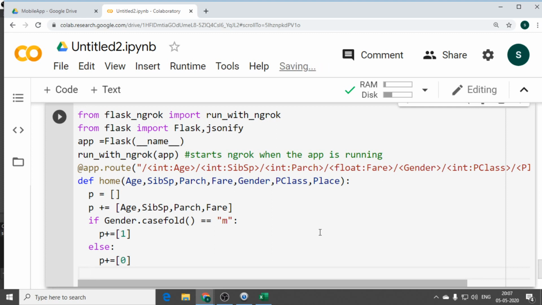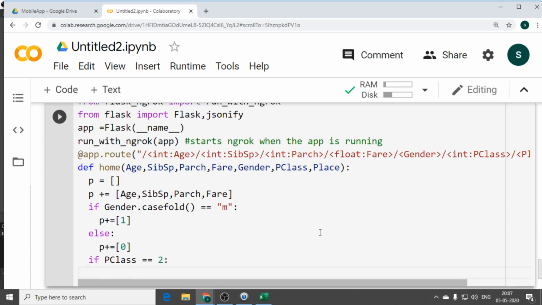If you follow clearly, you will understand, no issues with that. So this is the condition for giving gender. What do I write next? I write the next condition for passenger class. I can provide the same thing in the chat box, don't worry if you are able to follow.